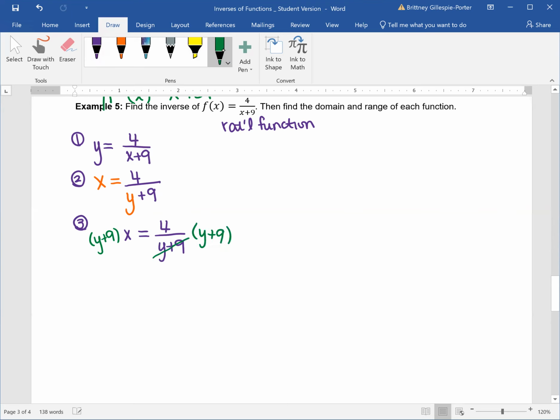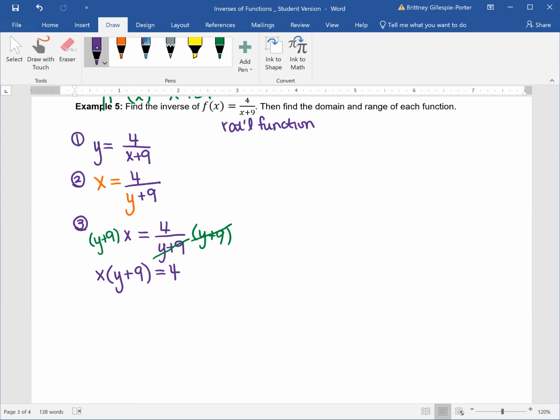Because on the right-hand side, the y plus 9's cancel out. On the left-hand side, we have x times y plus 9 equal to 4. And I know some of you may divide by x and move on from there, but I